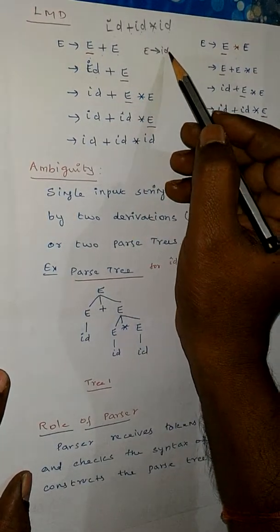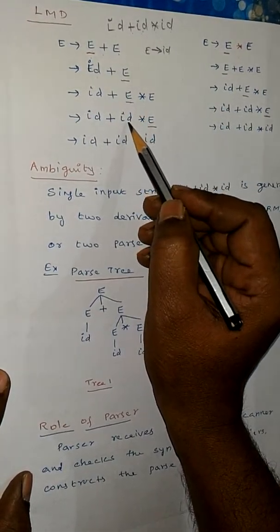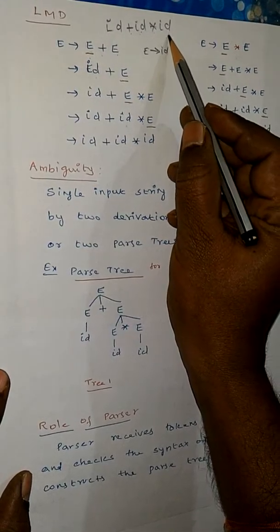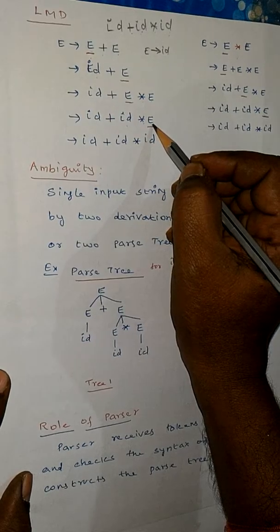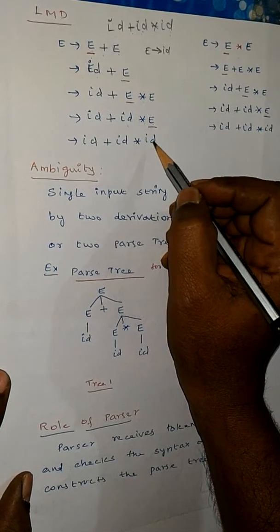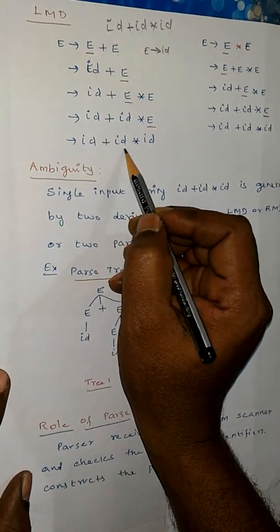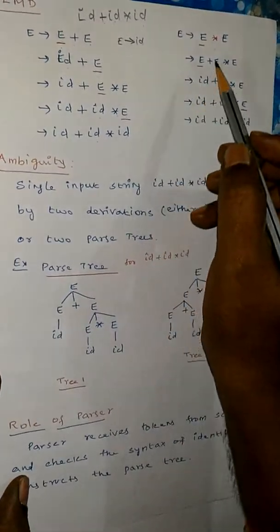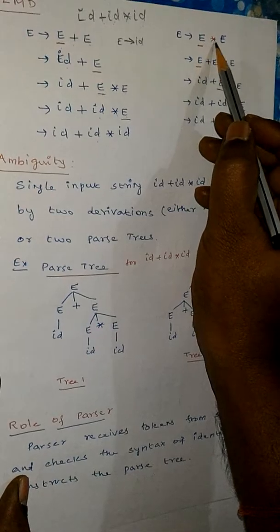Using the third production, this E is replaceable by ID. Then again star is there, and this E is substituted by ID. So now we got ID plus ID star ID. Like that, when you are taking the E star E production